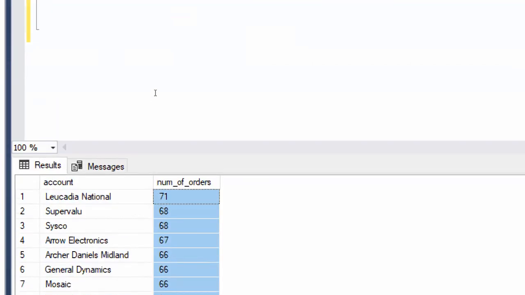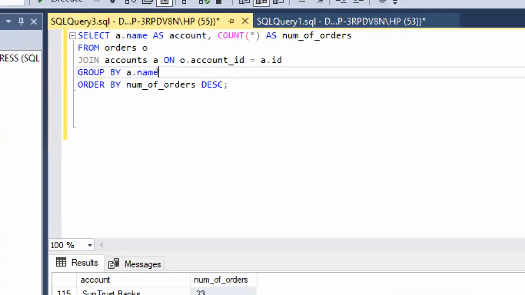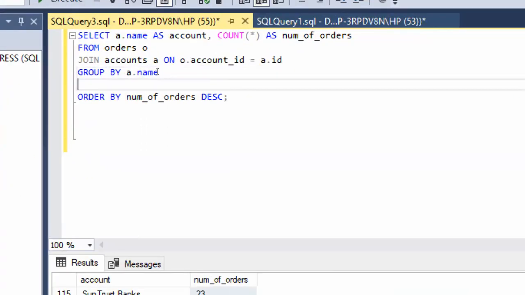Now our question is to filter for those that have more than 20 orders. When I scroll down, you see that you have those with less than 20 orders. So 19, 18, 17. Also filter on this now. I expect all those less than 20 should be excluded from our result set. So I'll come here, right? HAVING comes after your GROUP BY clause. So GROUP BY name, right? We'll now say HAVING